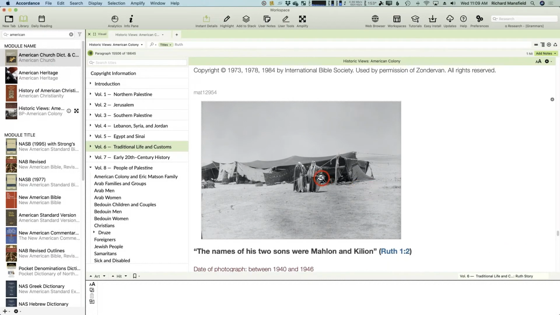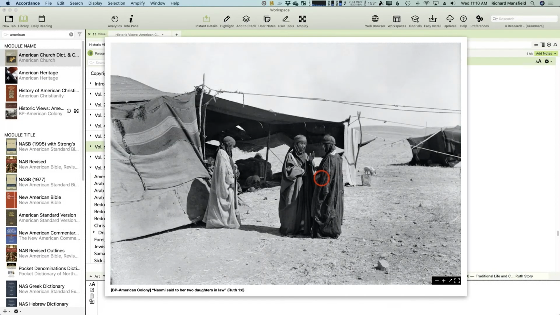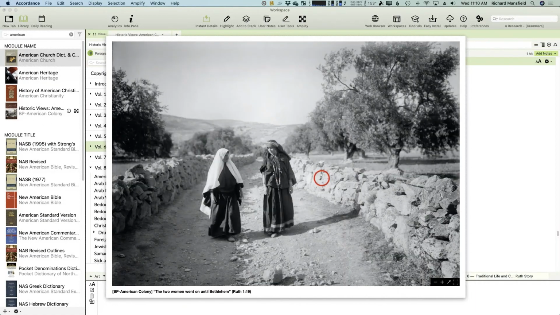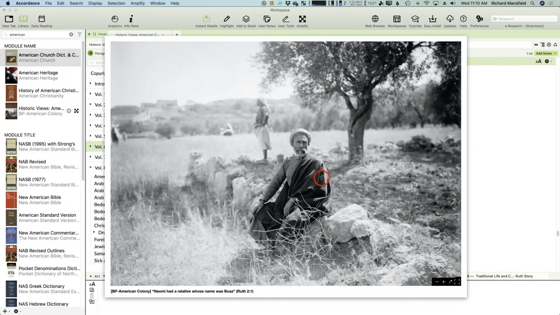The names of the two sons were Mahlon and Chilion, and they married Moabite women. One was named Orpah. You see here, Naomi said to her two daughters-in-law. So you have this woman talking to these two women. The two women went on until Bethlehem, and of course, all of these pictures are taken from